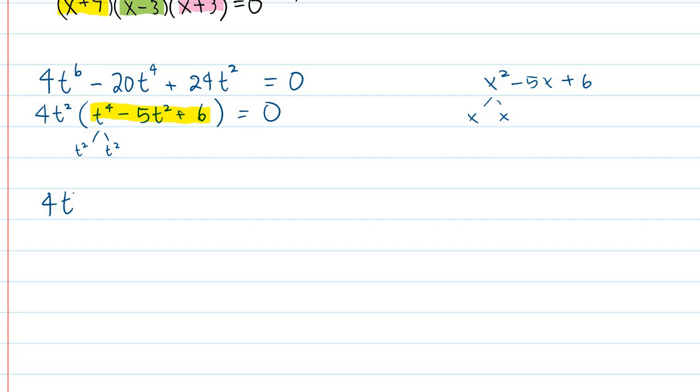Okay, so we have 4t squared. Then we'll have one parentheses that's a t squared, another parentheses that's a t squared, and then I need factors of 6 that will combine in a way to give me negative 5. So I need the signs to be both negative. So this ends up being